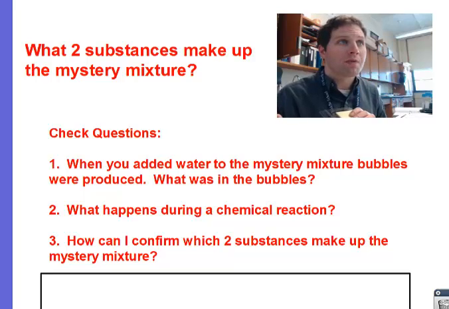Here we are back at the original page after watching the video. See if you can answer these check questions. When you added water to the mystery mixture, bubbles were produced. What was in the bubbles? Number 2, what happens during a chemical reaction? And number 3, how can I confirm which two